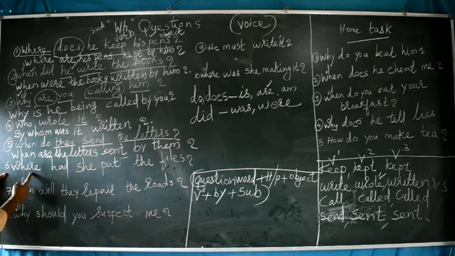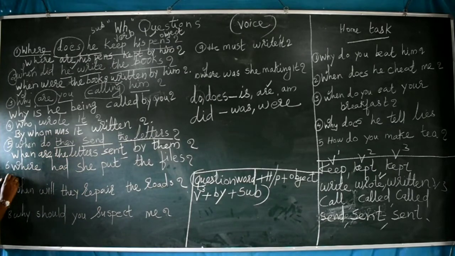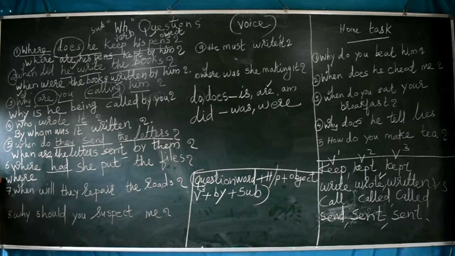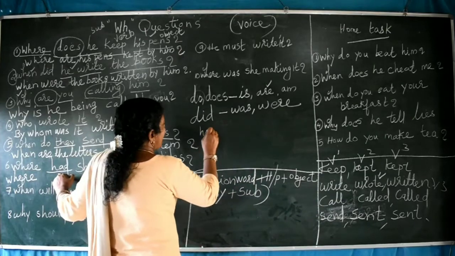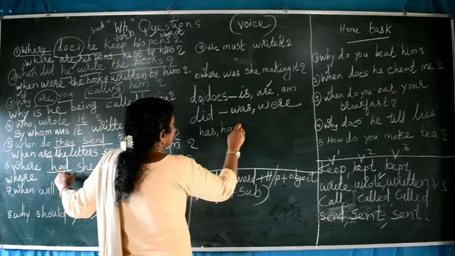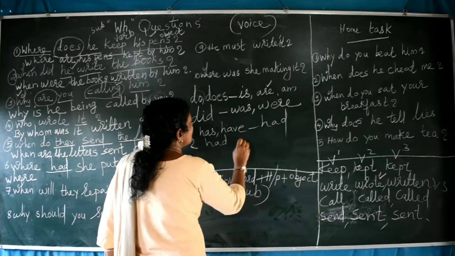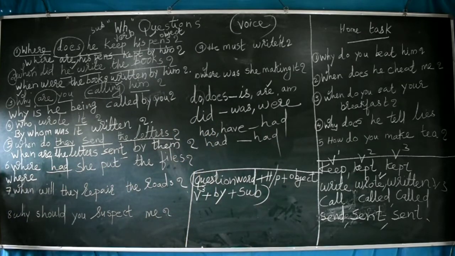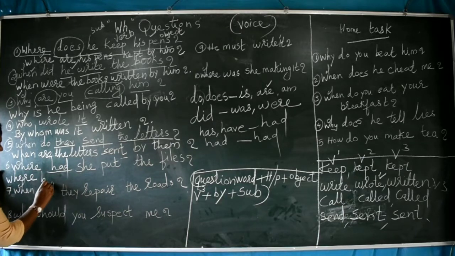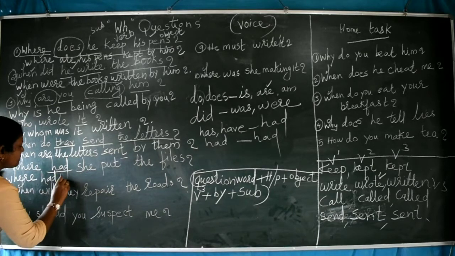Number 6. Where had she put the files? So as usual, question word we will write: where. After that, this is perfect tense. So perfect tense has, have will change into had, but had has no change at all. Had will be written had only. So where had the files,